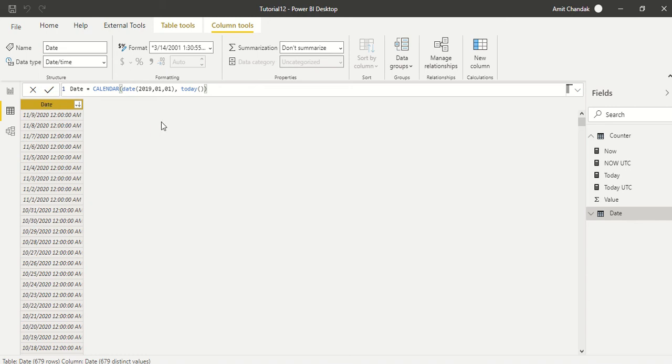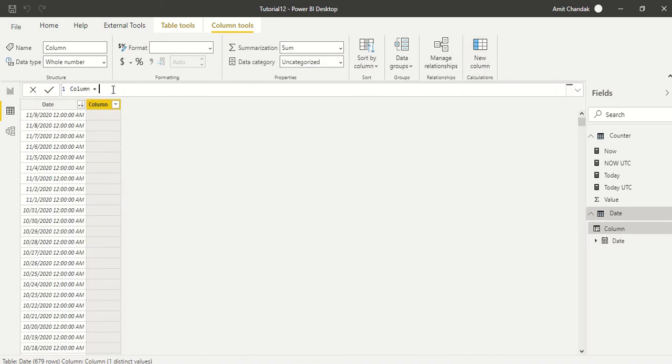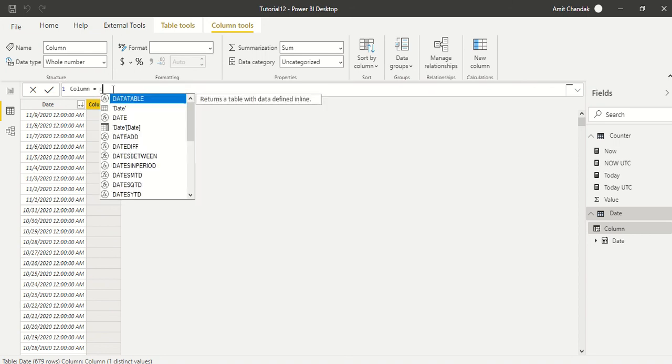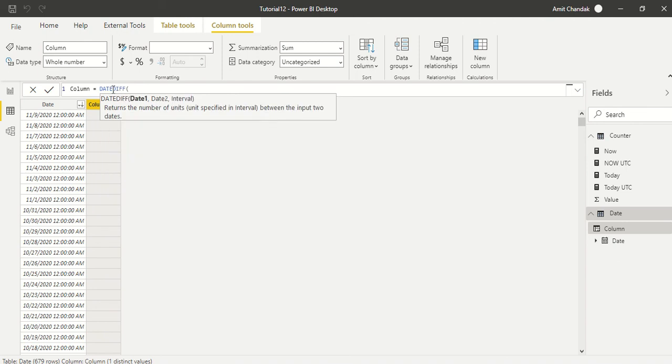Now there are a few more things. If I want to take a difference of dates from today, let's say from this date to today, what is the number of days of difference? I can have a measure also, or I can have a column. In the case of a measure, we need to take a max of the date from here, we can't use it without aggregation. So let's say I want to take a diff, so I can say DATEDIFF. In the DATEDIFF, I can say the date which is coming from my table, and TODAY, and in terms of days, years and months, I would like to take days.